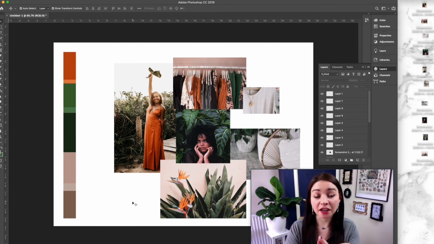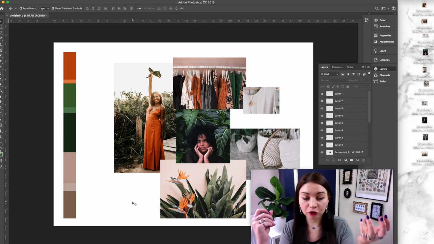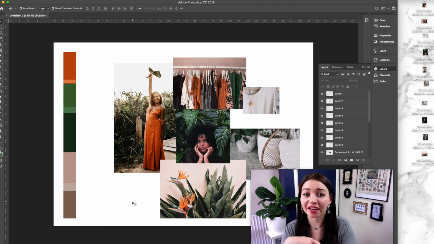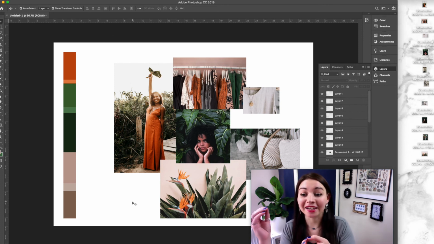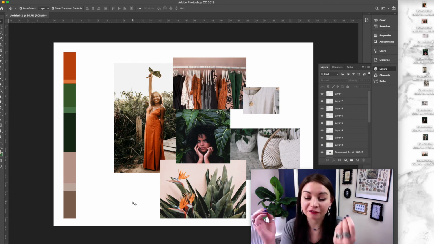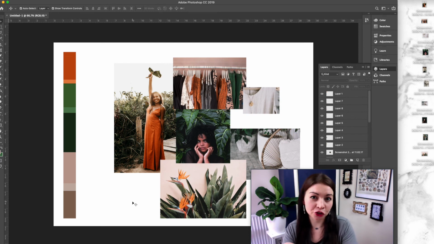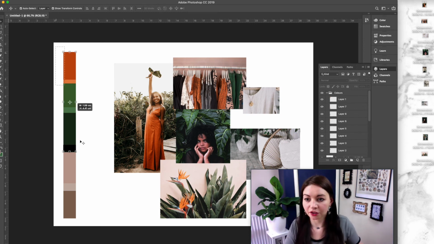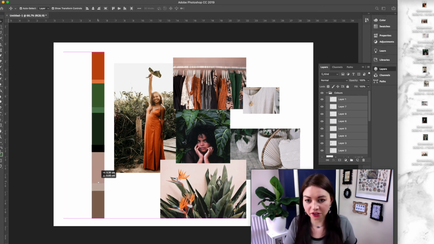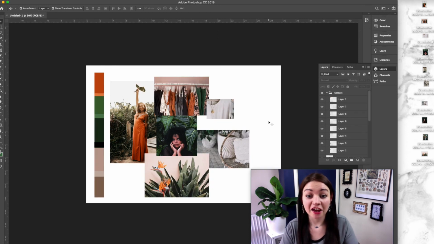I feel like I need a black, so always remember, if you're going to need it, add a white and a black into the colour palette, because you always forget it, it's standard, but it is part of the colours, especially in fonts. And if you're going to have to use black, then add it into the colour board, and you can see if there's going to be issues right from the beginning. So select, bring in the colours. So there is the final finished mood board with the colour palette and the inspiration images